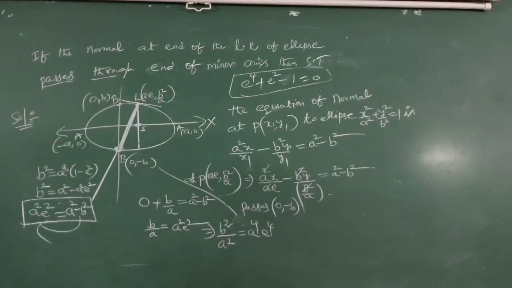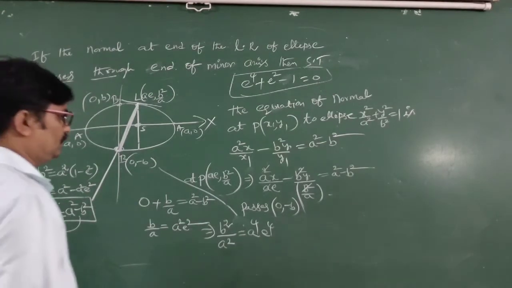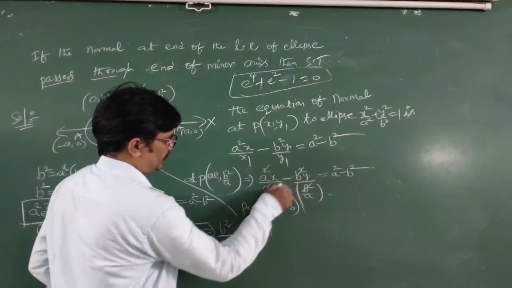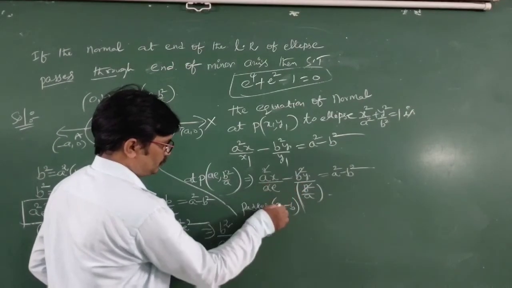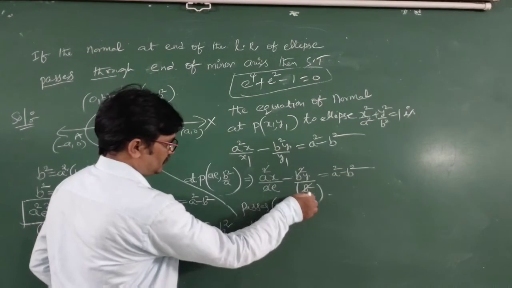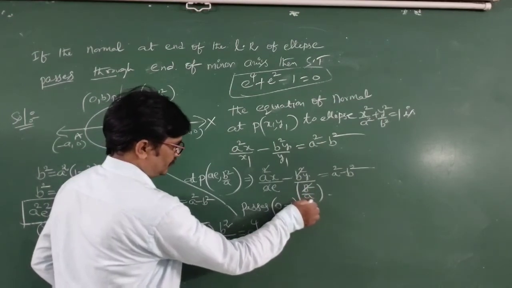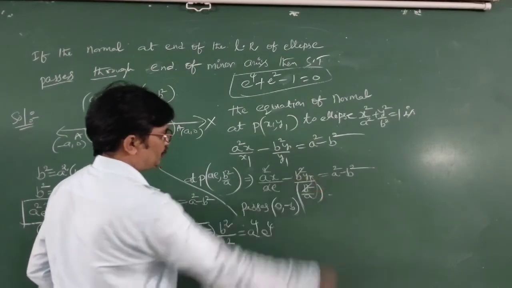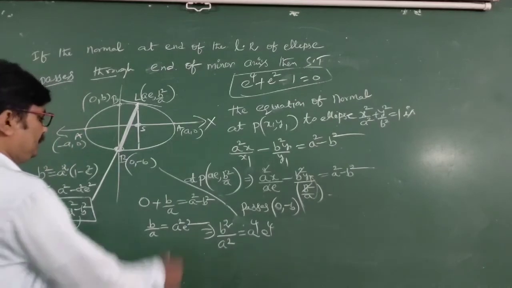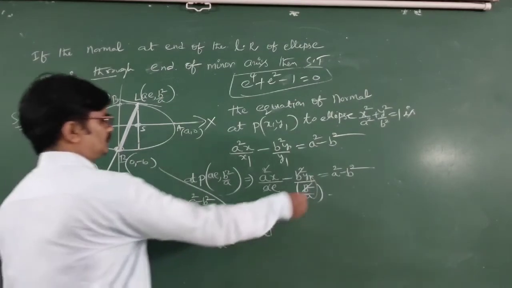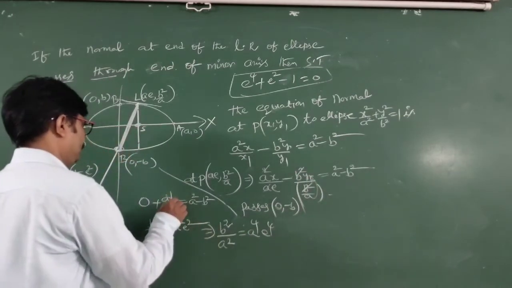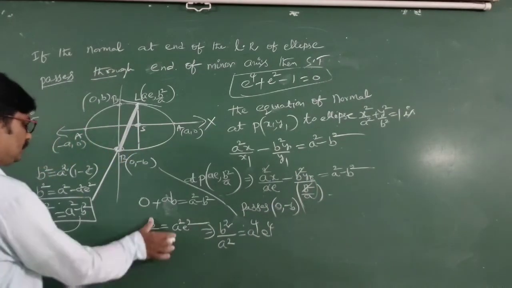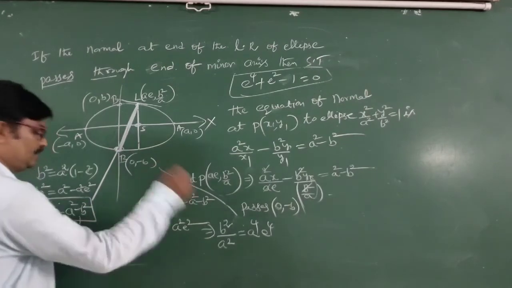Now students, what we observe here is a small mistake. When we are substituting 0, b square is cancelled and we neglect it, and a is there. When we are substituting here, this is minus of minus plus b, that is b into a, that is ab. This is not b by a, this is ab. Okay students, this is ab.